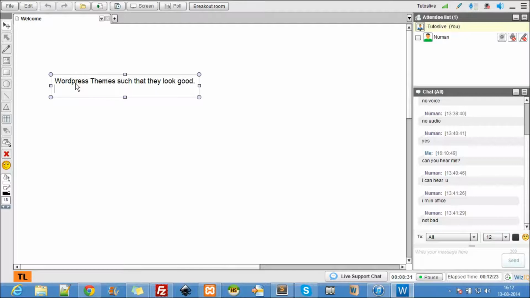And for advanced concepts of WordPress, let's say there are some advanced things in WordPress, to learn those advanced concepts, you must know at least a bit of PHP. When I say a bit of PHP, you must at least know what echo does, what a comment does. So there are a few things you need to know in PHP to do the advanced modifications to the WordPress themes. Okay, so that's about it for today's class.